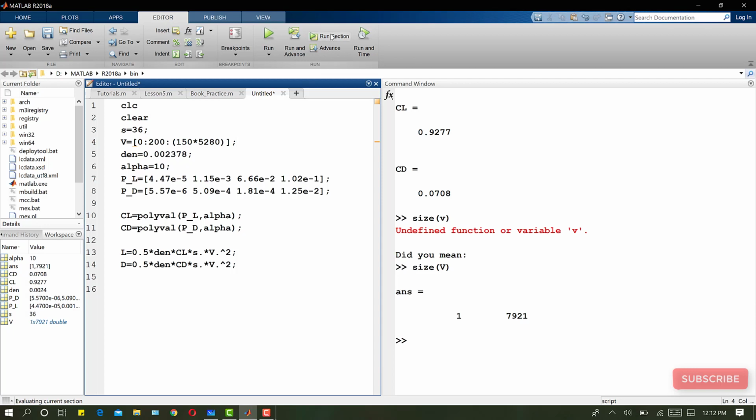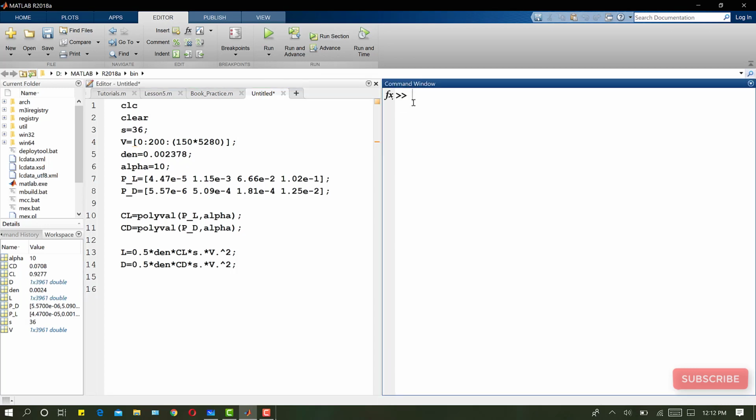Now if I run, and if I check the size of capital V, the size is now 3961. It's now a bit smaller than that size, so it's okay. Now if I run this code, it will evaluate the lift and drag for each value of V, and the resulting lift and drag row vectors will have the same size as that of V. So if I run this,